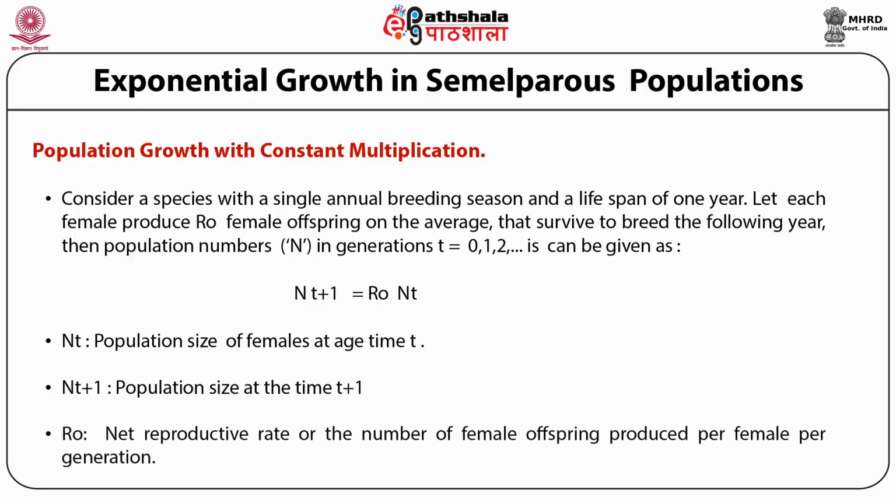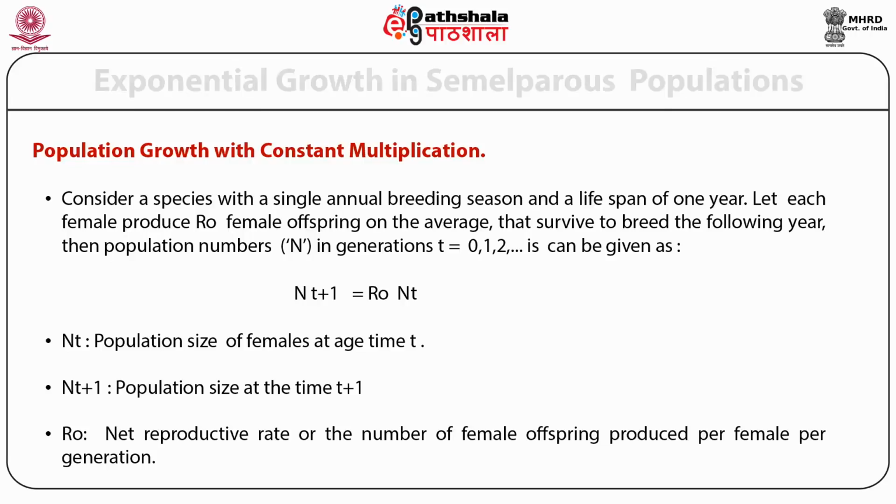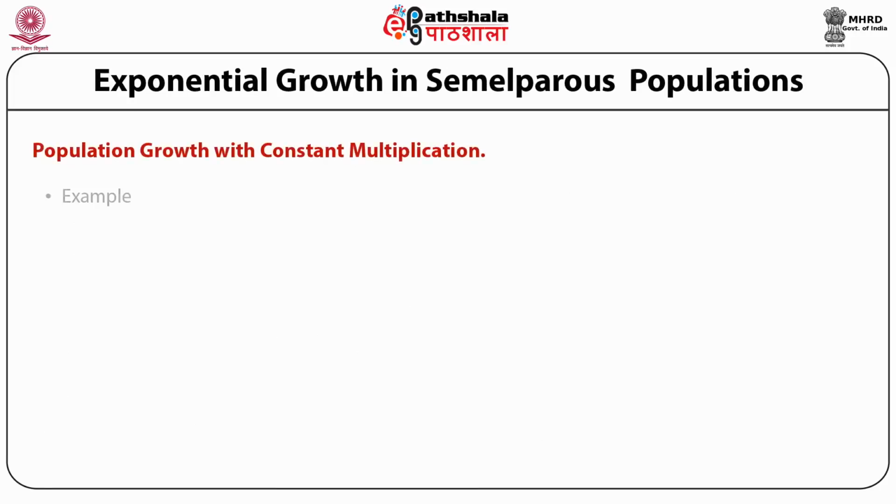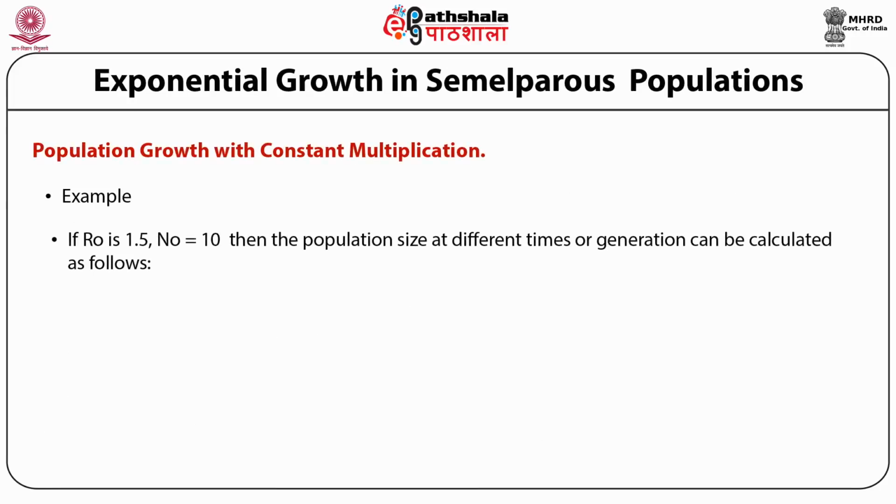R0 indicates the net reproductive rate, or the number of female offspring produced per female per generation. As is clear from this example, in this hypothetical case R0 is 1.5, which is a constant. The starting population is N0, 10. Then the population size at the different times of the generation can be calculated as given in the following